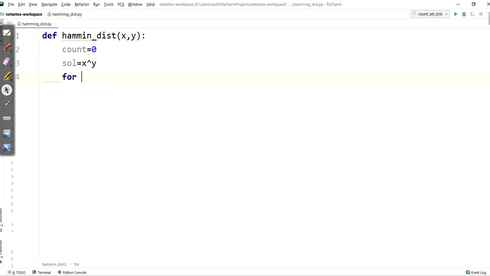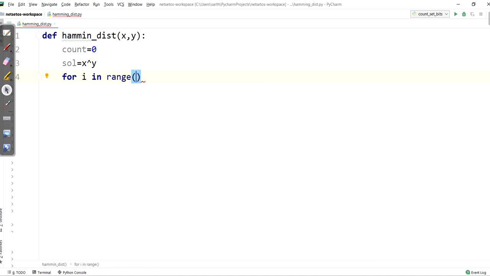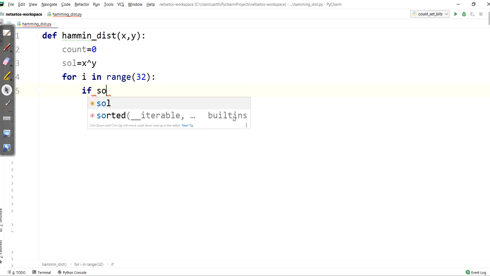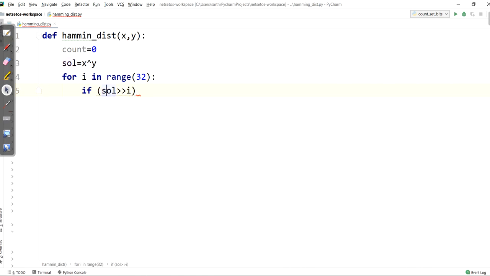Then we will apply a for loop up to 32, so that it iterates for integer values. Then we will check if solution right shift i, let's put this in brackets, AND 1, each time.